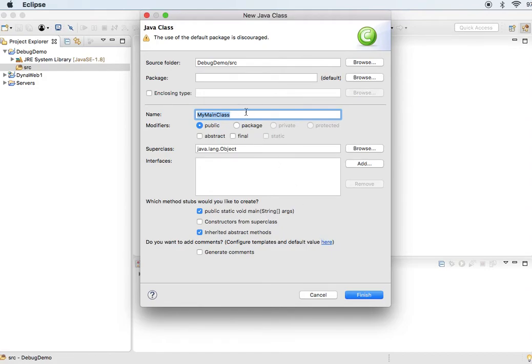So again I repeat, I gave the name of the class, then I clicked on this public static void main. Nothing I have done apart from that. Okay. It gives a warning at the top: the use of the default package is discouraged. Yes, it is discouraged, but once you know what a package is and the utility of a package in a Java project, at that moment you can go ahead. But right now you can go for creating the project even with a default package. So I will click on finish.